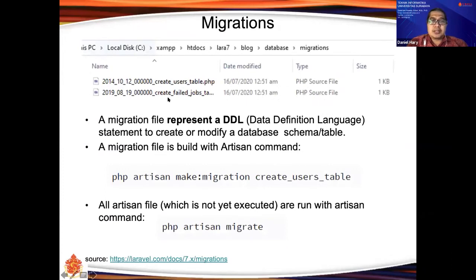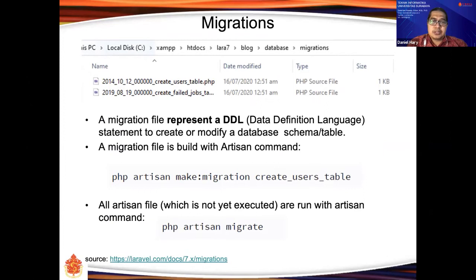Okay, actually there are 3 right now. There is create users table, failed jobs, and password reset. Migration file represents a DDL, data definition language, to create or to modify a database.